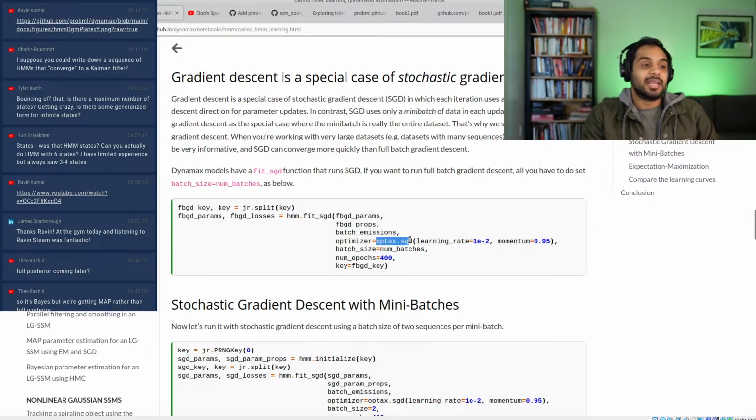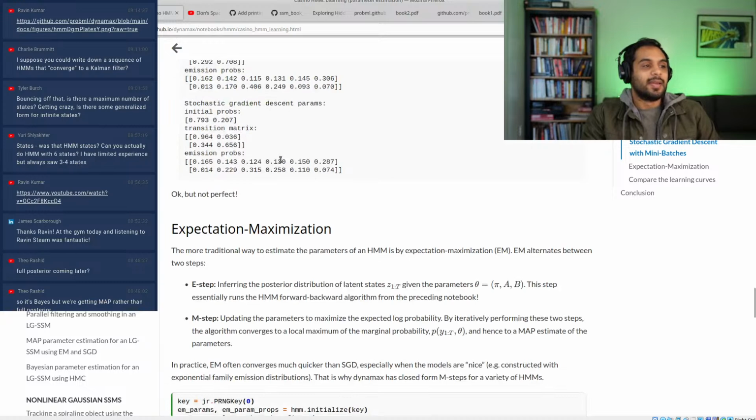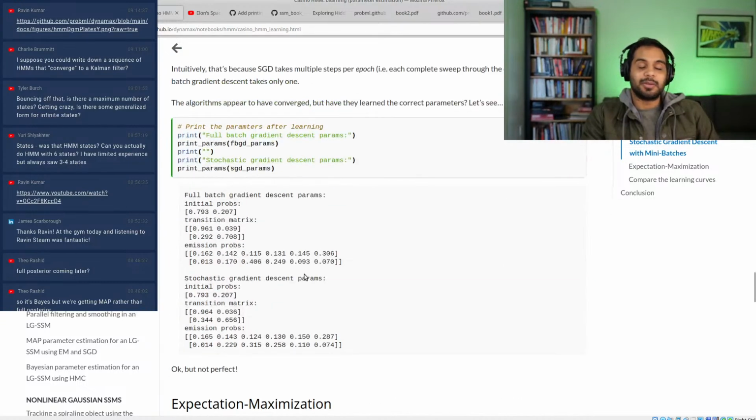Another nice thing about Dynamax is you can plug in your optimizer. So in this case, they use Optax, which is an optimization library also based on JAX. So it fully composes into Dynamax, and they set some parameters, and you get your answers. And in this notebook, they do a very good job explaining how close you get and why it's a little